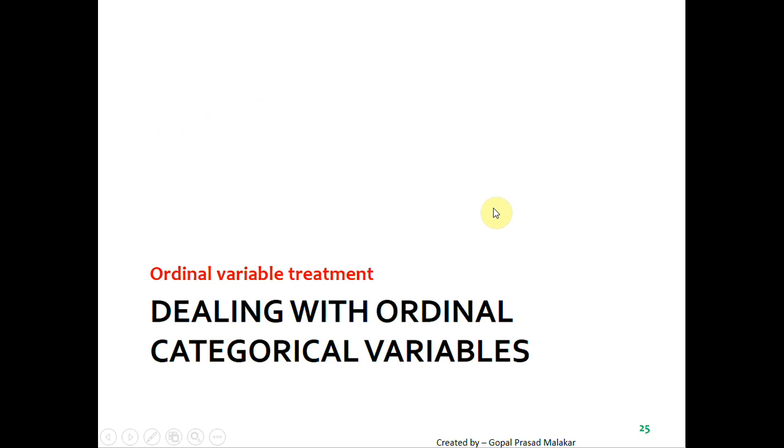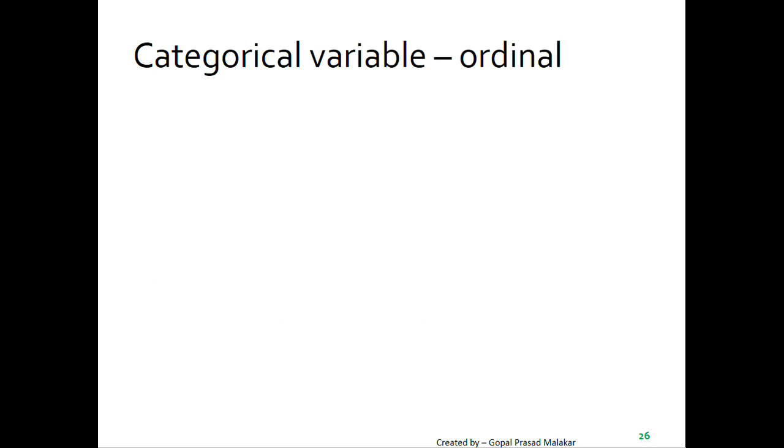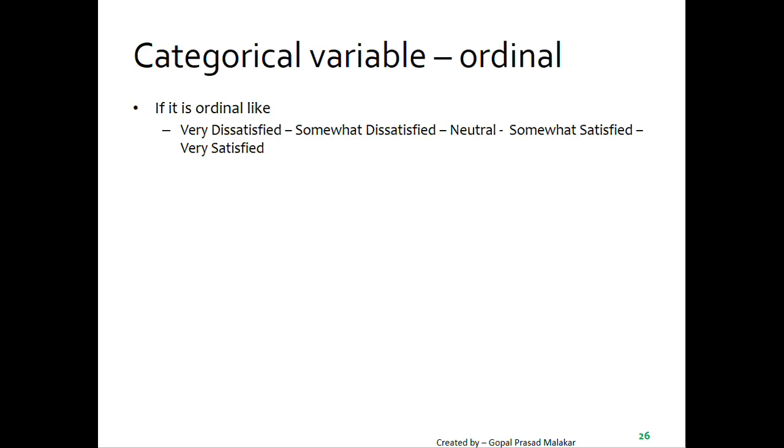So, how to deal with an ordinal variable. An ordinal variable is a variable where you have order, like very satisfied, somewhat satisfied, neutral, somewhat dissatisfied, very dissatisfied. If you look, there is an order. Somewhat dissatisfied is a little better than very dissatisfied. Neutral is in between. Somewhat satisfied is a little positive, and very satisfied is obviously much more positive. But these are still not numbers. And I will suggest one should try to avoid this kind of data for principal component analysis.